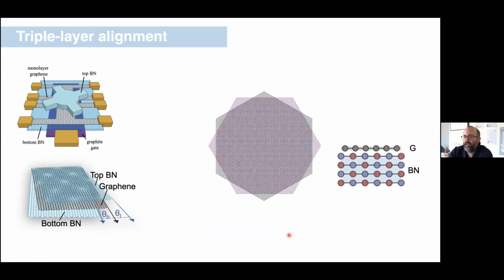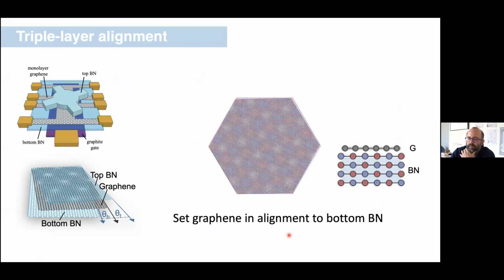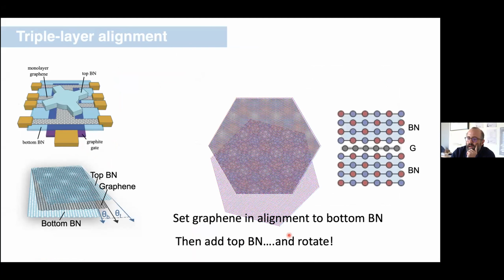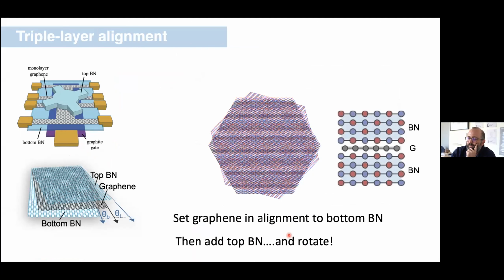Okay, so more recently, we've done some more interesting things. We can rotate not just 2-layer systems, but also 3-layer systems. Here I'm revisiting the idea of graphene on BN. I can imagine that I place graphene on BN and I place it in such a way that the graphene is aligned to the bottom BN in this case. So there's a moire pattern that develops. And then I can ask what happens if I add another BN on top of that. So now I've got a BN on the bottom and a BN on top, and I can rotate. I'm going to leave the bottom BN fixed at 0 degrees, and I'm going to rotate the top BN.